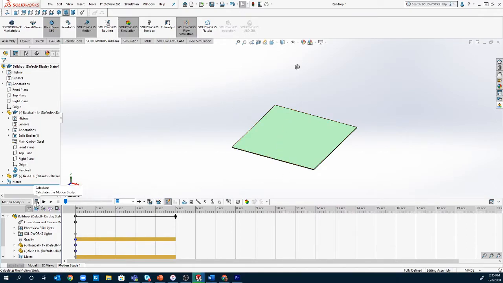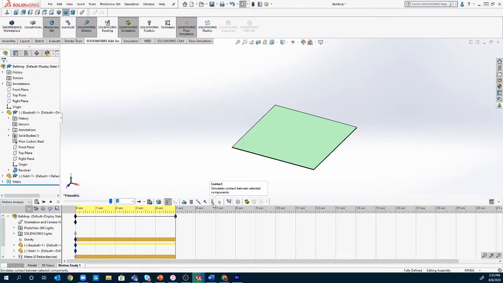If I run this, however, and run the calculation, you notice that the ball falls through the ground. The reason for this is that SolidWorks is attempting to save as much computational expense as possible to compute this as quickly as possible, so it ignores the contact between materials unless you explicitly state you don't want it to do that. Now, to change this, what we're going to do is go back to this menu atop the bar,